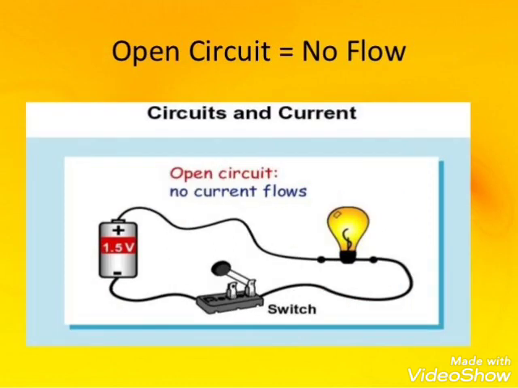Then comes the open circuit, the incomplete circuit. When we switch off the bulb, the circuit will be open, which means it will be broken. The path will be broken in between and the electricity will not reach the proper channel, and the electric circuit will not be formed. You understand that, because it is broken in between.